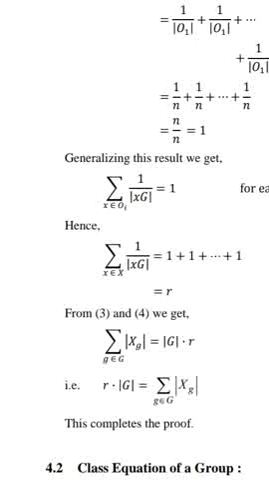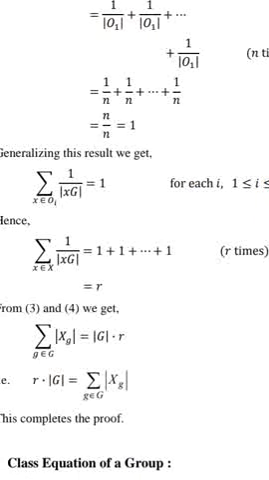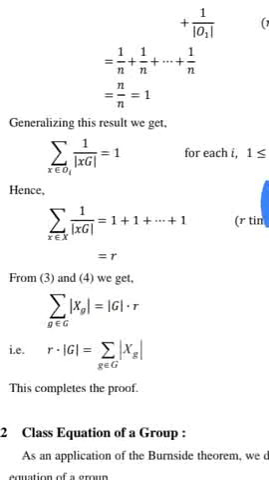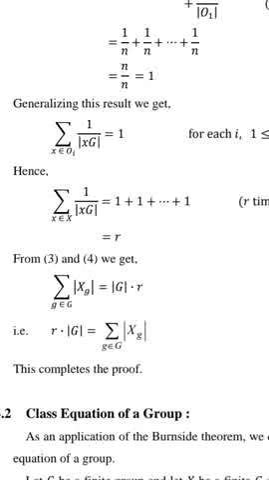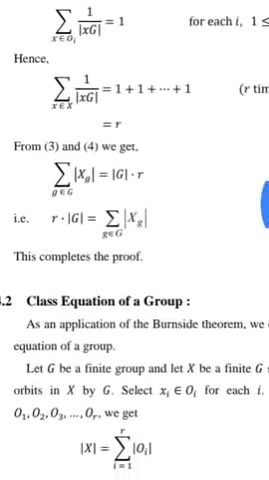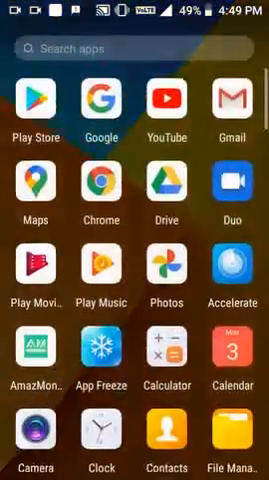Generalizing this result, the sum of 1 upon |O_x| over x belonging to each orbit is 1. So 1 plus 1 plus dot dot dot, r times, is equal to r. Therefore the summation of 1 upon |O_x| is equal to r. Therefore r times |G| is equal to the summation of |X_g|, g belonging to G, and this is